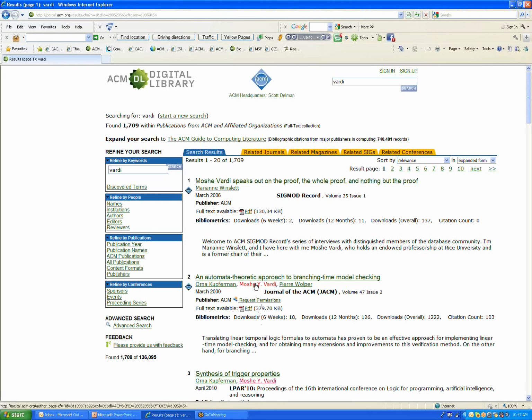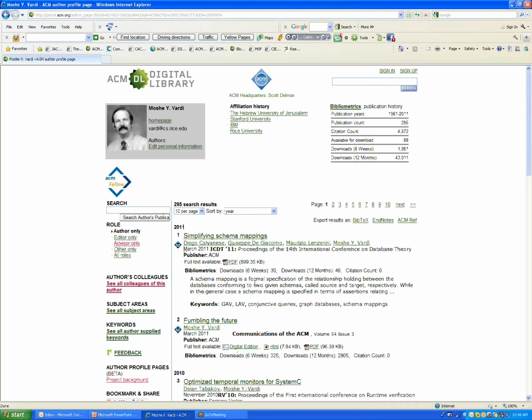So why don't I click on one of those links, and that's going to take me directly to an author profile page for Professor Vardi. You can see in the upper left-hand corner that there's a photo and some contact information, a link to the author's homepage, the ability to log into the system and edit some personal information. You'll, of course, see an active affiliation history, so you can see which institutions Professor Vardi has been affiliated with